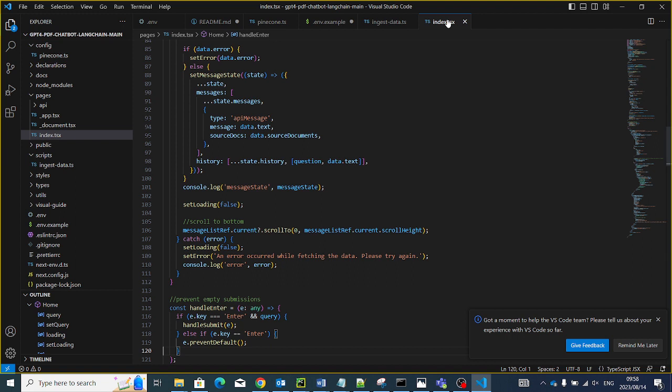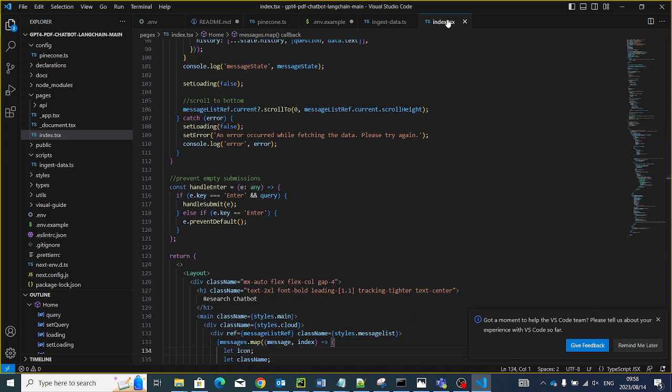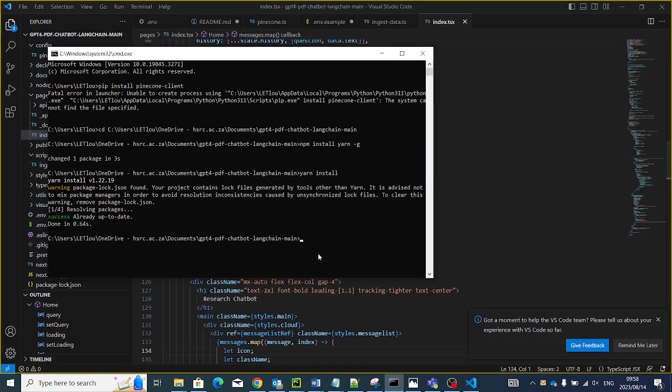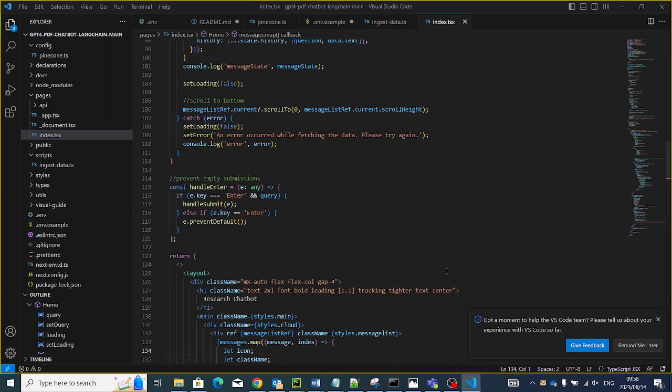So what I need to do in order to create chunks inside my database, I will need